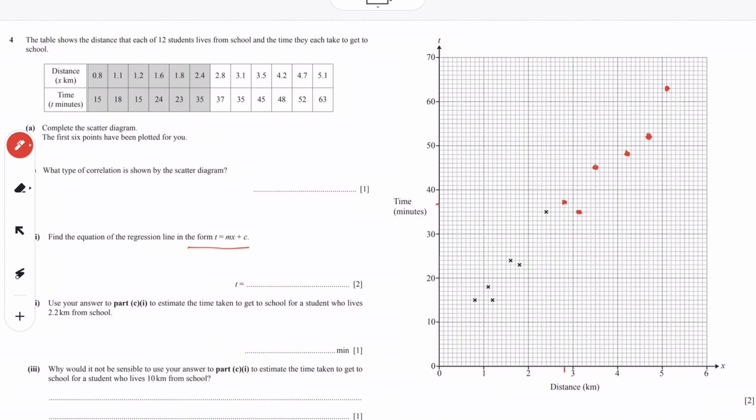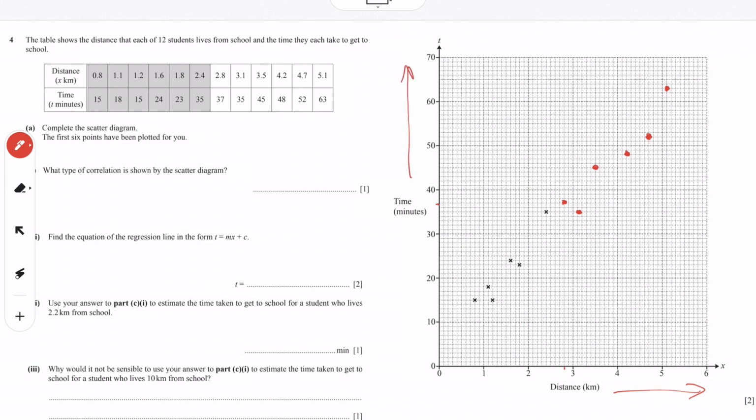So as you can see, we've plotted the 6 new figures on there. So the next question asks, what type of correlation is shown in the scatter diagram? Well, all the points are moving upwards as the distance is moving forwards. So with that in mind,